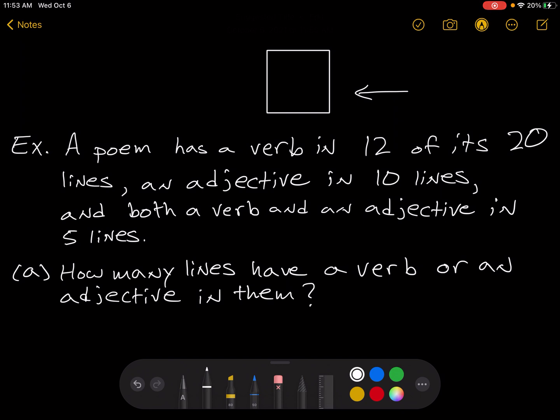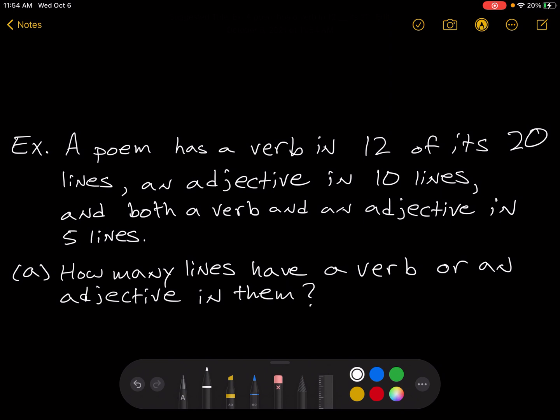So it's possible that some of the lines may not have verbs, some of the lines may not have adjectives, some may have both. So we have 20 lines here, and each of these lines has some English language written on it. All right, so our poem,